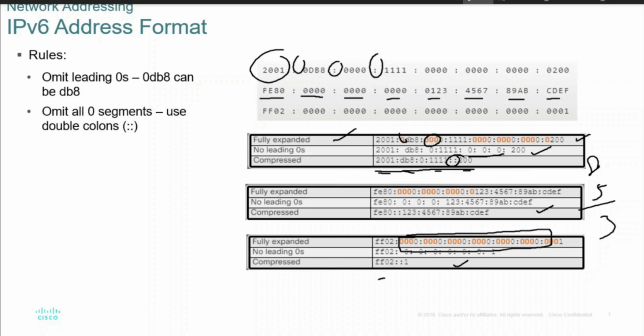Okay. So how many 4-digit hexadecimal numbers are here? Only 2. What is the total number of hexadecimal numbers in IPv6? It's 8. Now, how many are there? 2. So if you subtract 2 from 8, you will get 6. So the simplest meaning is that in between there are 6 zeros, or 6 combinations of zeros. So let's check. 1, 2, 3, 4, 5 and 6. So there are 6 combinations of zeros that are combined into one single double colon.